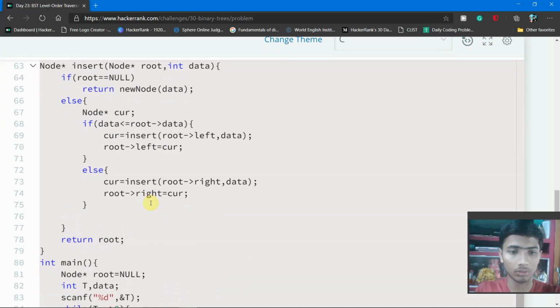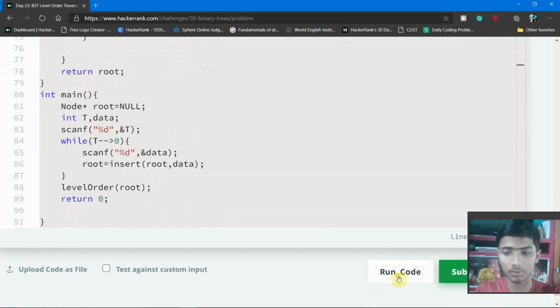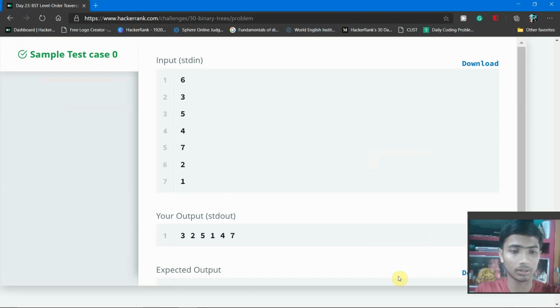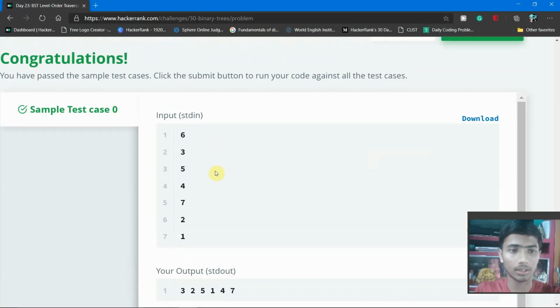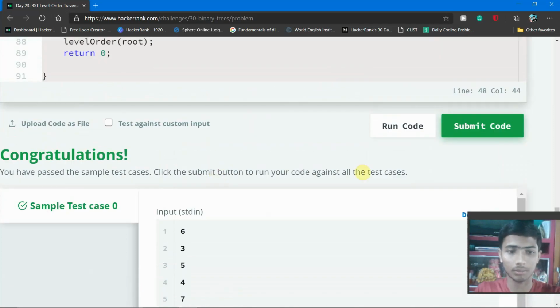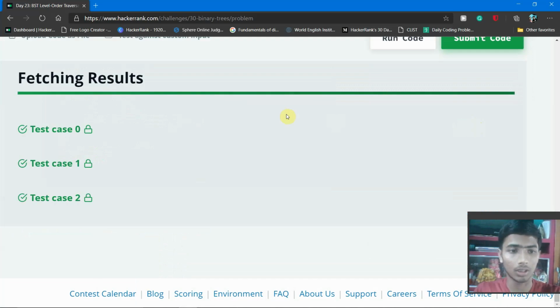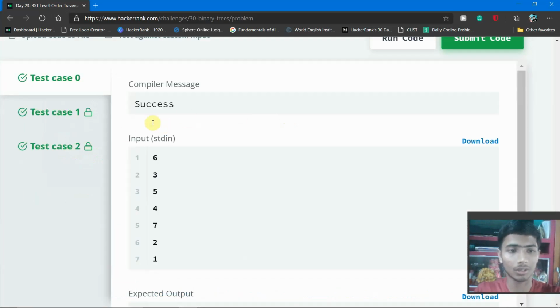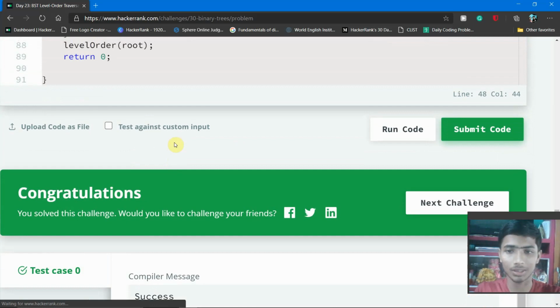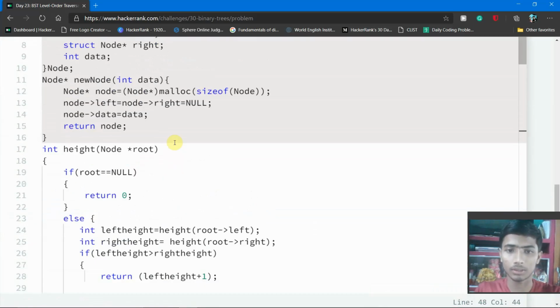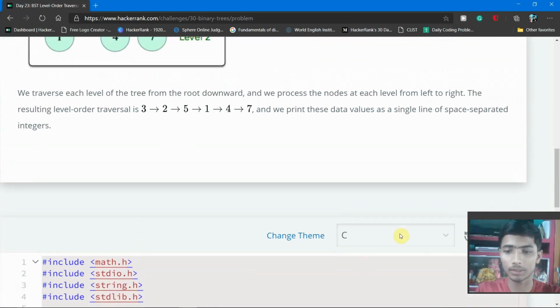So I think my code is done. So I simply check by clicking the run code button. So it's processing, and it shows congratulations, sample test case 0 is passed. So I click submit code, and it tests all the test cases, and it shows that all test cases are passed. So now I simply select the C++ language,